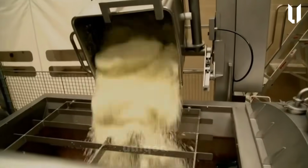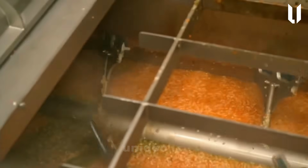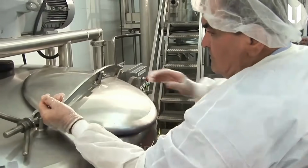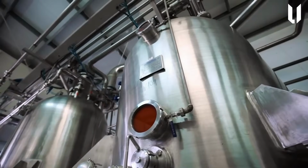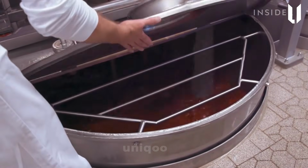Salt is essential as it intensifies flavors and acts as a natural preservative. A small amount of sugar helps soften the acidity, creating a perfect balance on the palate. The cooking process can take several hours, depending on the recipe and batch size. During this time, the sauce is continuously stirred by mechanical systems to prevent sticking or burning, ensuring a smooth texture